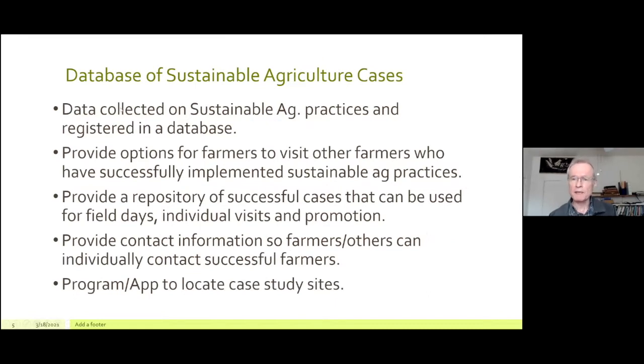So we have a database of these cases now. It's collected and put into like an Excel spreadsheet or database.